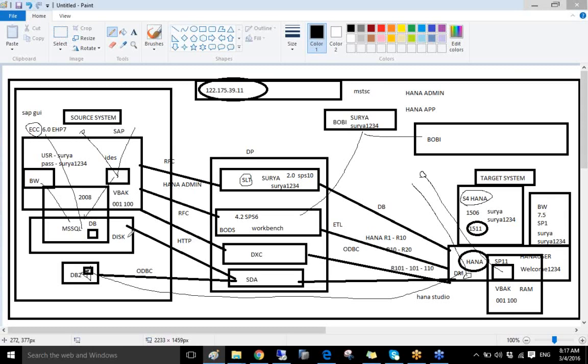Now, what is the advantage of HANA when you have the same data on MS SQL? When you move the same 2 terabyte to HANA, what is the advantage? No customer will buy HANA. HANA will become a failure product. If you move the same data to HANA and it is the same 2 terabyte, it is very, very expensive to maintain the hardware. That is why SAP has implemented